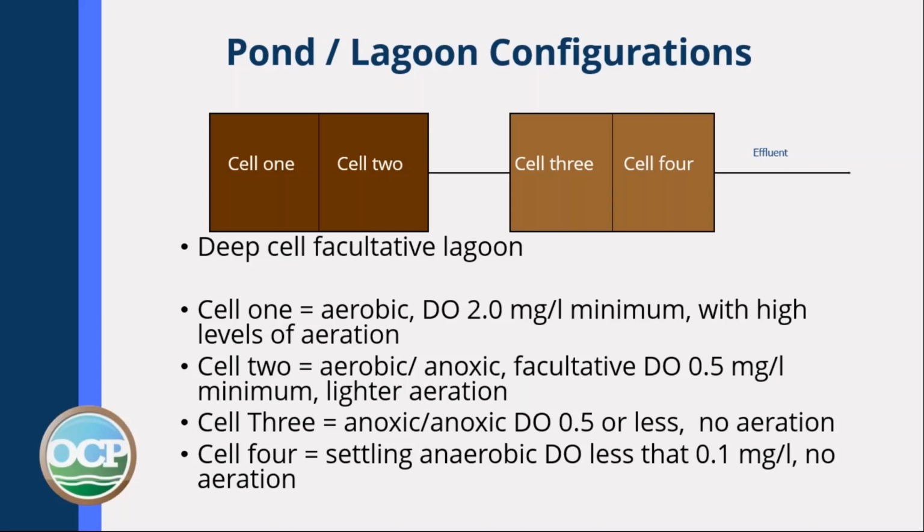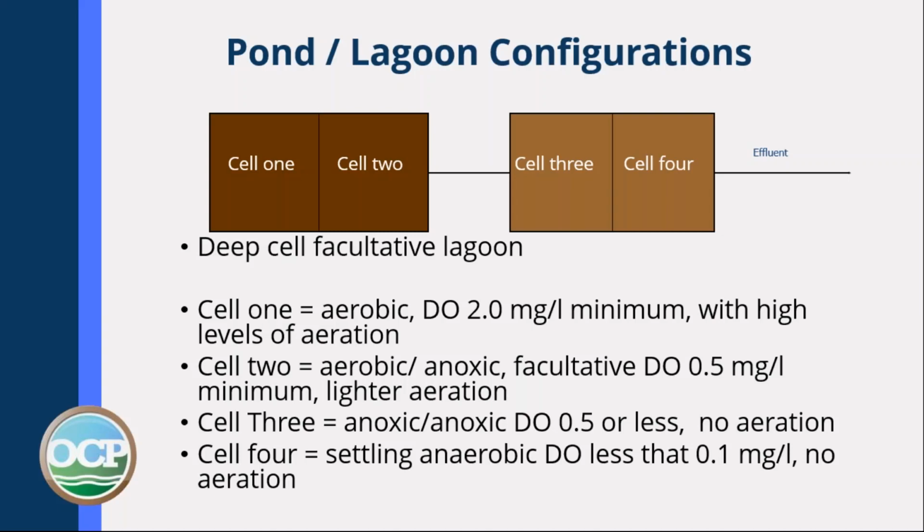Cell 3 is anoxic all the way through with a DO of 0.5 or less. No aeration, you're just letting the DO levels drop. Cell 4 can be settling in anaerobic with a DO of less than 0.1 and no aeration. If you're operating cell 4 that way, you're going to have to re-aerate your